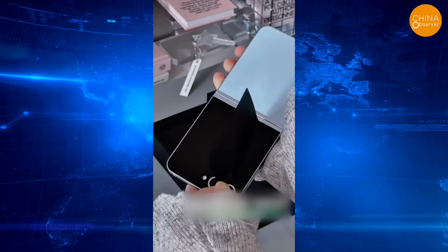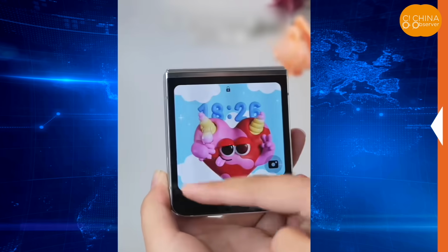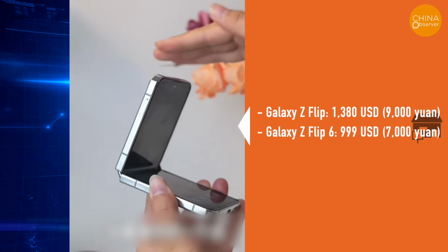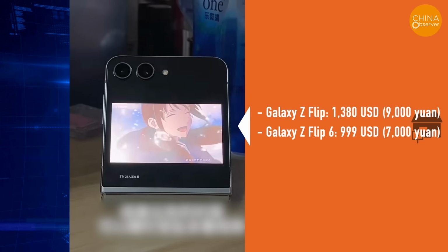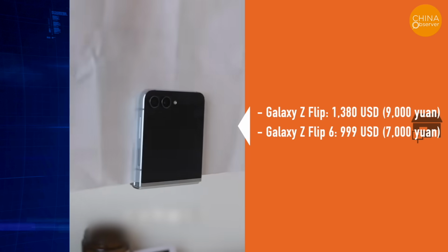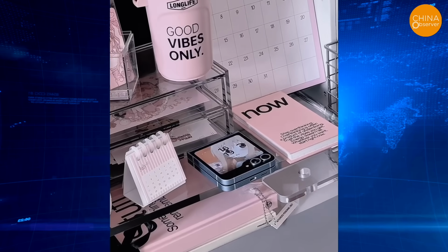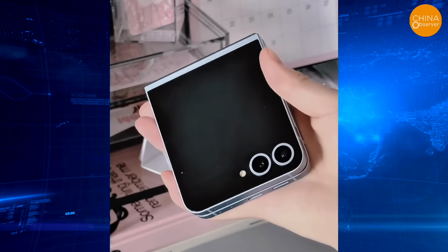Some noted that Samsung had already launched a small foldable screen phone 5 years ago. In 2019, Samsung introduced the Galaxy Z Flip, the first small foldable phone priced around $1,380, which is about 9,000 yuan. 5 years later, the Z Flip series has reached its sixth generation, Z Flip 6, with a starting price of $999, around 7,000 yuan. With more advanced technology, improved quality control, and better app compatibility, the Z Flip series offers